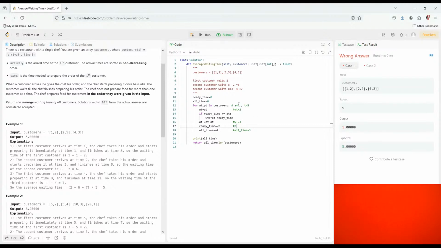So first we assign work time 2, but then because our ready time is 3, it's more than arrival time by 2. We already add arrival time minus ready time, which is,